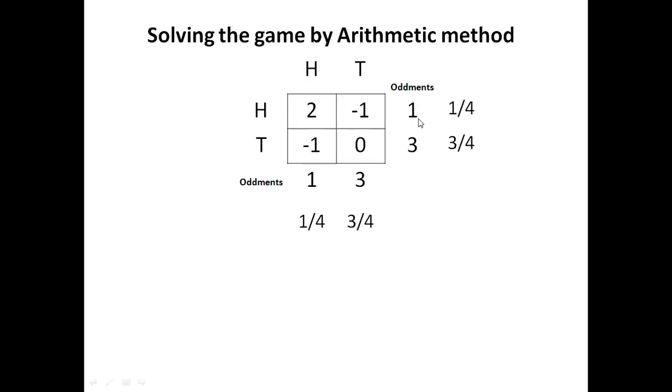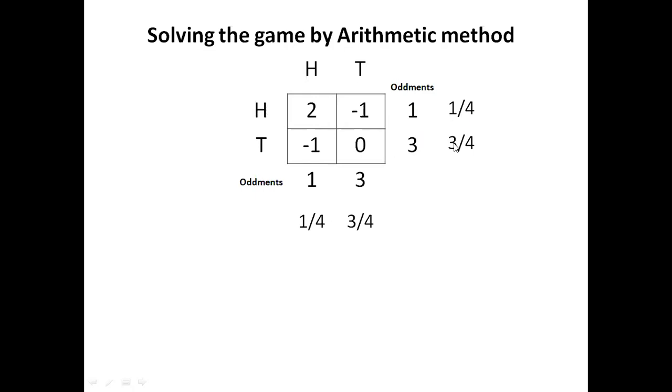So what do these oddments mean? They are frequencies. Then next, with the help of this frequency, we can calculate the ratio or the distribution or the percentage. Here, in total there are 1 plus 3, 4 matches. Among the 4 matches, the first strategy is played 1 time, which means 1 upon 4, that is 25%. Total 4, 1 means 25%. 1 upon 4 means 0.25 or 25%. Here player 1 is using this first strategy 25% of the time.